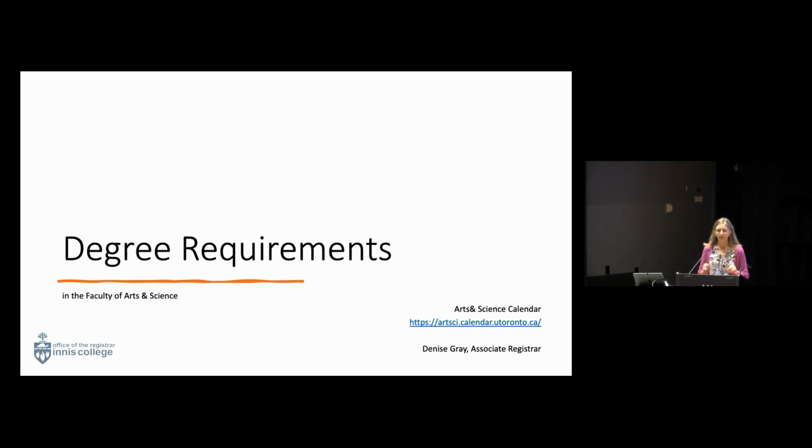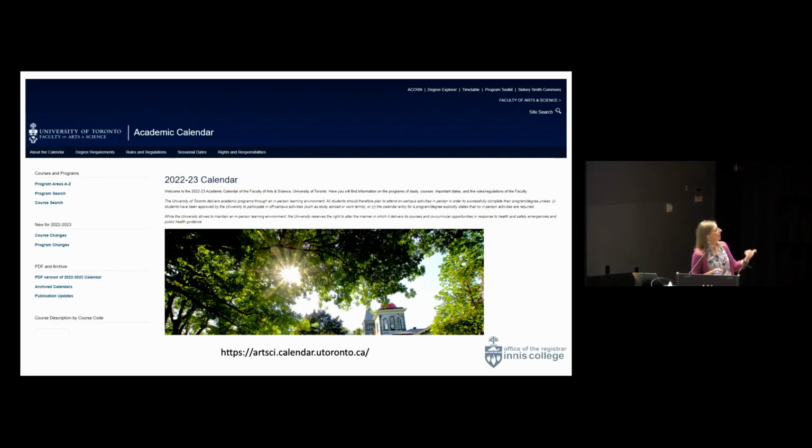Degree requirements. Okay, so I'm going to talk today about the Arts and Science Academic Calendar. The Academic Calendar is a comprehensive document that includes all of the rules and responsibilities for you as an undergraduate arts and science student.